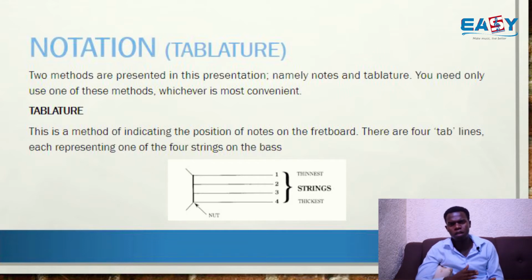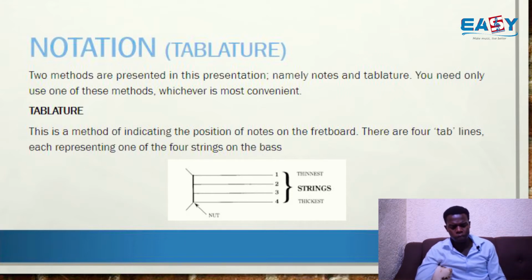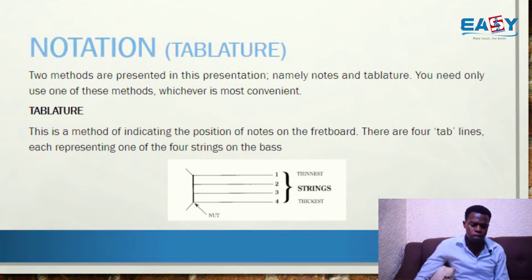So all you need to know is that the tablature method is a way of building the tab line, and it simply represents a guitar on a sketch. When you sketch a guitar, like the head and the fret, this is how we build the tablature method. And we indicate numbers that represent the fret number, the fret we are going to play. We'll see this further in the examples.